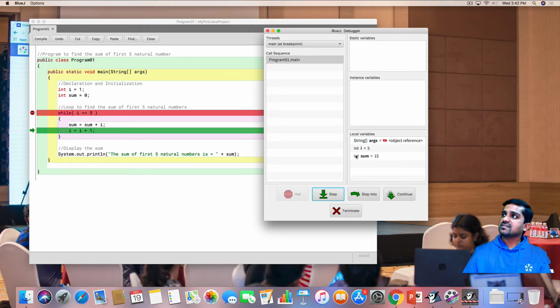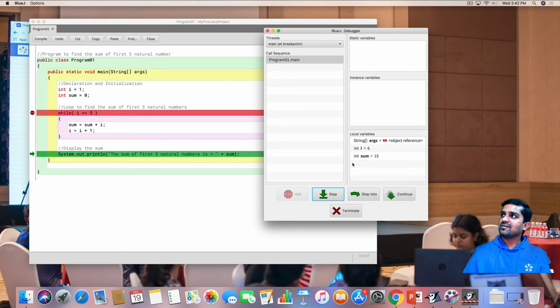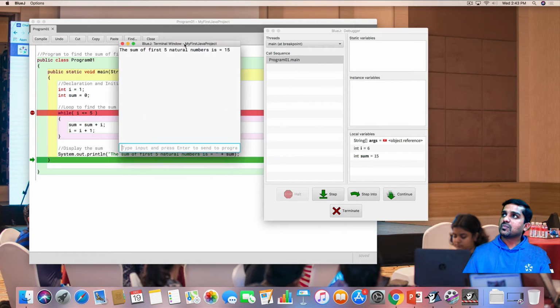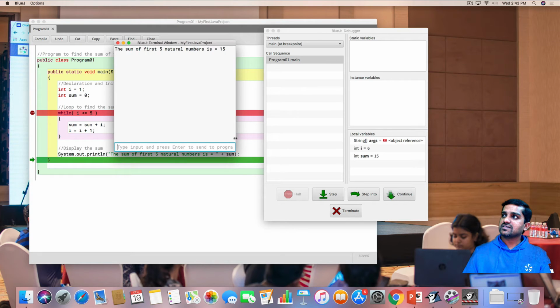i increments, i will become 6. 6, is it less than or equal to 5? False, and then it just exits the while loop. When it exits the while loop, only then you will have to display. So the sum of first 5 natural numbers is equal to sum. That's it. So when I execute this statement, the output would be the sum of first 5 natural numbers is